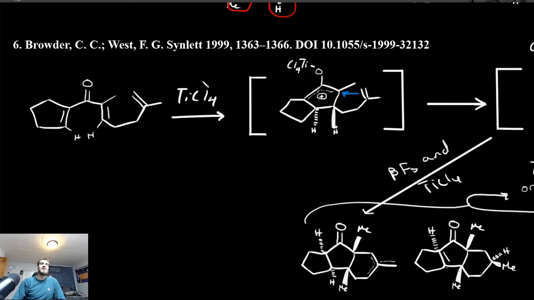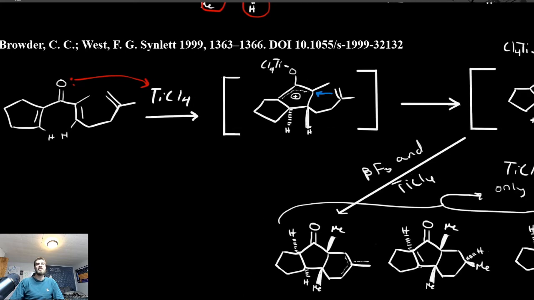Alright, so a second version of an interrupted Nazarov reaction is this one, where they also had an alkene as an R substituent, and as their Lewis acid they used titanium tetrachloride. It's a strong Lewis acid since titanium is +4, and it's not saturated because it only has 8 electrons in this case, plus those from the titanium, and it's not at the 18 electrons that the transition metals tend to want. So it's a strong Lewis acid, and the oxygen attacks it. And you get this, and then you get your oxyallyl cation, because